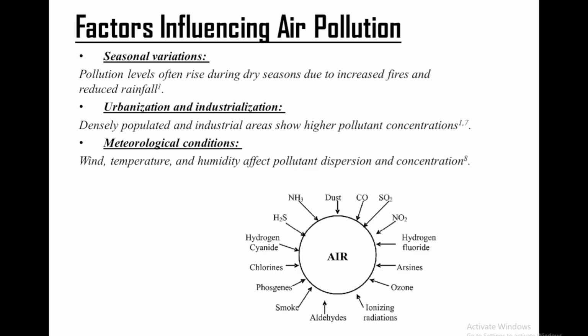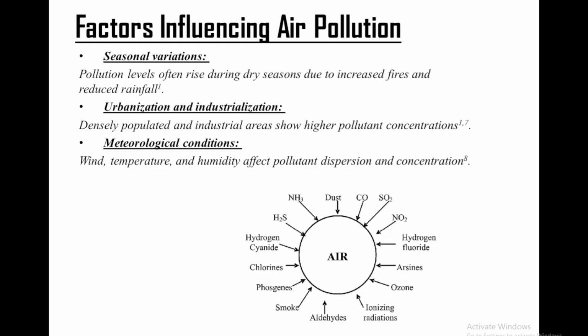Monsoon or rainy seasons, if we talk about them, very typically bring relief through natural cleansing via precipitation. As there is precipitation, the atmospheric dust particles will get heavier or will get wet, and because of which their density will increase and they will settle down along with the precipitation. Or if it is some gas, it will get dissolved into this water and then it will come down as acid rain.